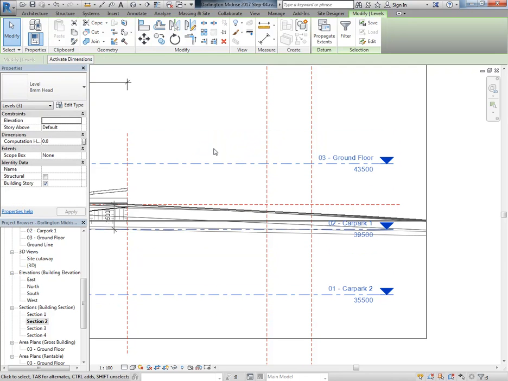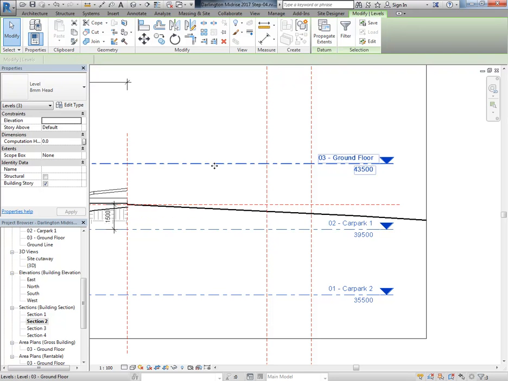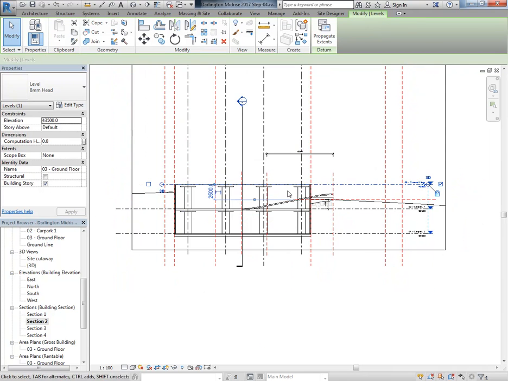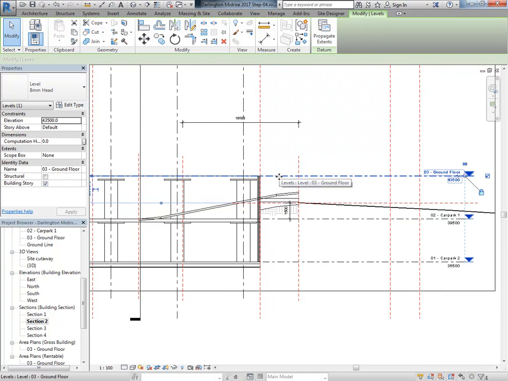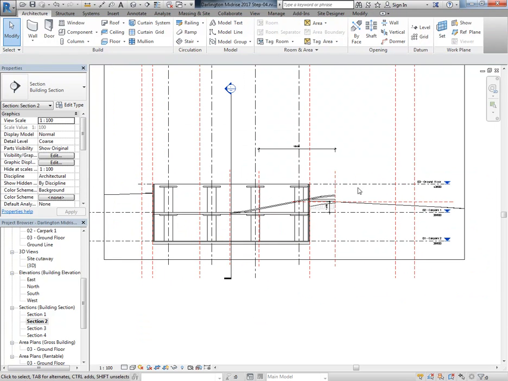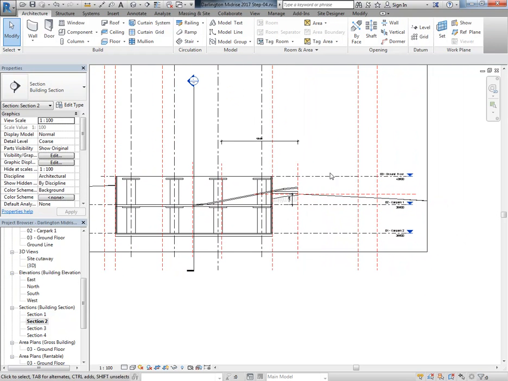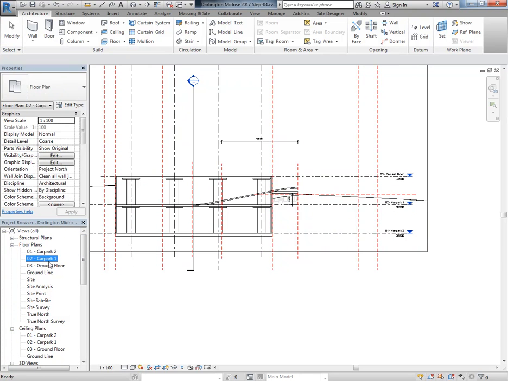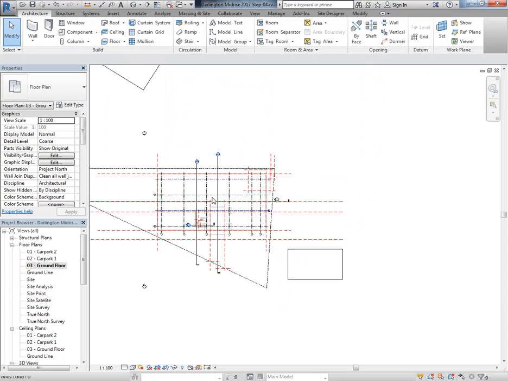Enter, and they'll all move together. If I just moved the ground floor, it would have affected my stairs and maybe even my ramp, because those things are between those 2 levels. So with the ground floor now at the correct height, I can go to the ground floor floor plan,